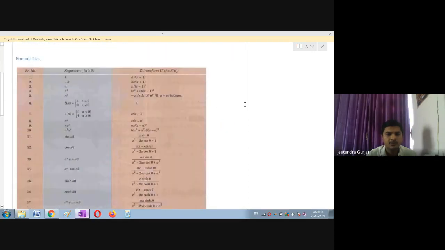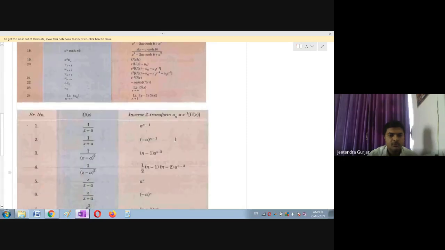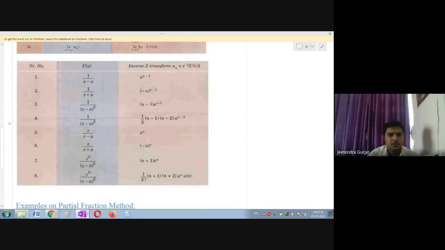So I have listed some of the formulas. In the previous class I also gave some more formulas. Today also I am giving the same formulas again for the Z transformation. So this is the list of Z transformations. You can note them down or take a screenshot here, students, right? As I told you, the last 10 formulas are very important. Please note that. After studying all these formulas, you should know the inverse Z formulas also. So I told you to write down the inverse Z formulas.